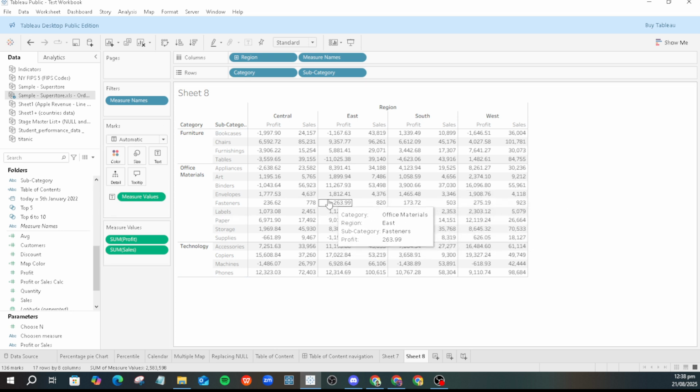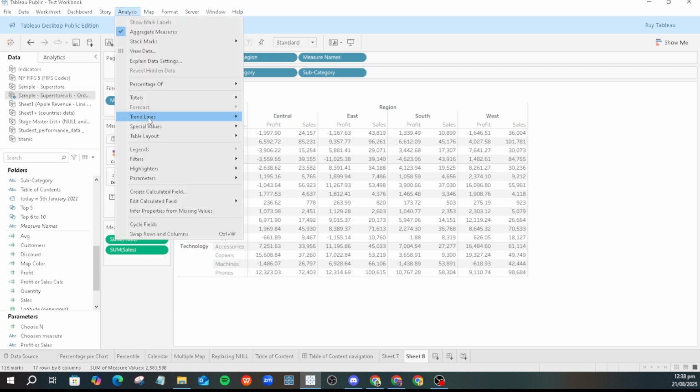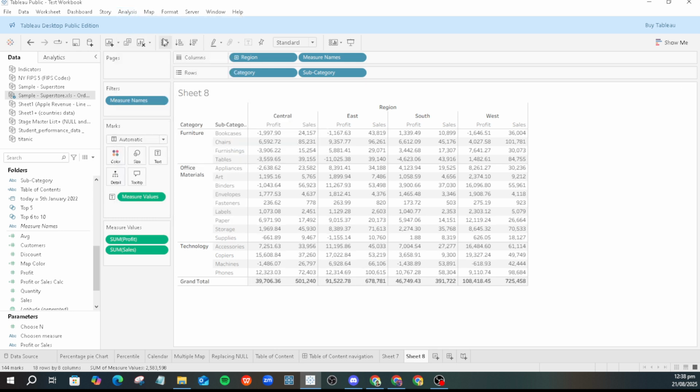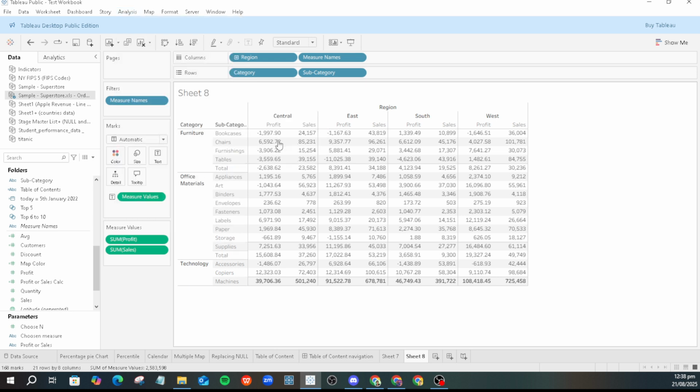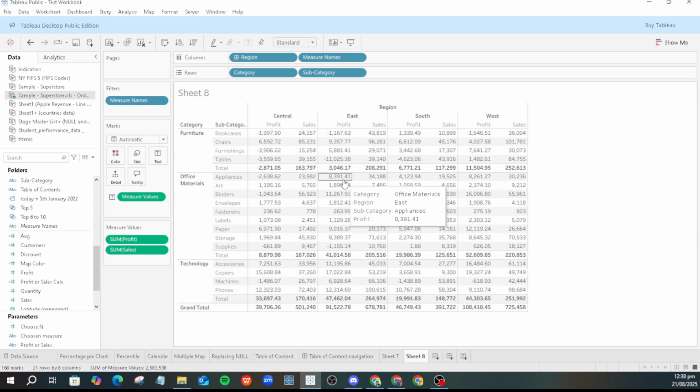For a holistic view, let's add grand totals. Click on the Analysis menu, navigate to Totals, and select Show Column Grand Totals. By doing this, you'll see a new column appear summarizing the total sales and profits for each region. To enhance this, head back to the Analysis menu, again under Totals, and choose Add All Subtotals. This way, subtotals will be visible for every category and subcategory, making it easy to pinpoint the performance in different